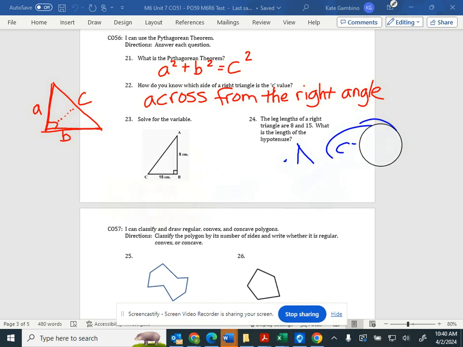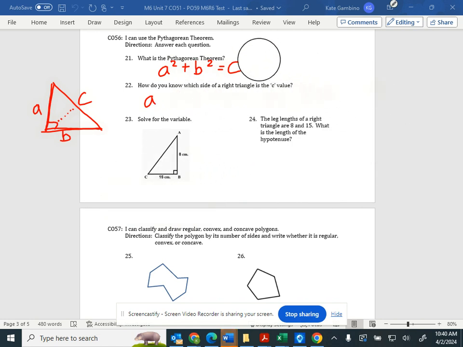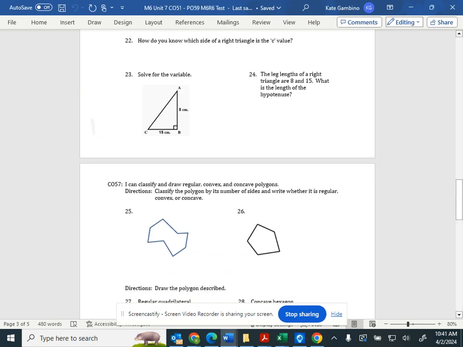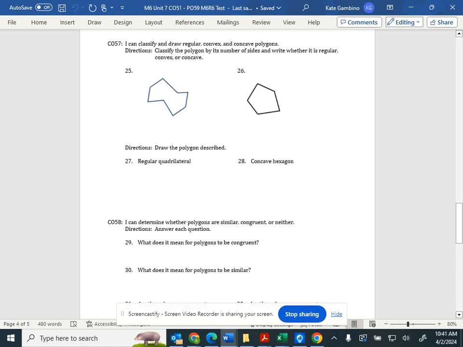So now let's turn our page and look at our next objective. The next one is CO57. I can classify and draw regular, convex, and concave polygons. Classify the polygon by its number of sides and whether it's regular, convex, or concave. Two things. I had quite a few people only give me one. I needed both. So if I look at 25,